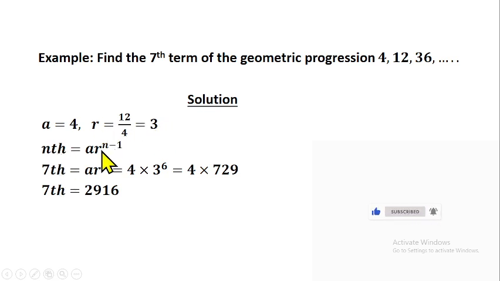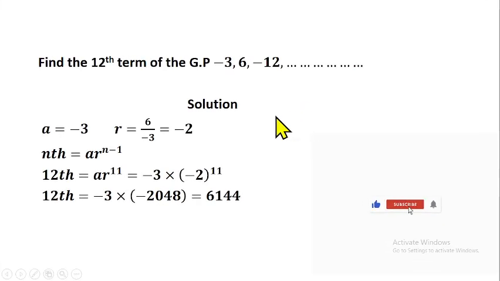So therefore, the nth term is AR raised to power n minus 1, and we are looking for the seventh term. That will be AR raised to power 6, which equals our A, which is 4, times the constant ratio 3 raised to power 6. 3 raised to power 6 is 729, times 4 gives us 2916. So when you continue this sequence to the seventh term, we are going to get 2916 there as the seventh term. Do we understand that? Next question.